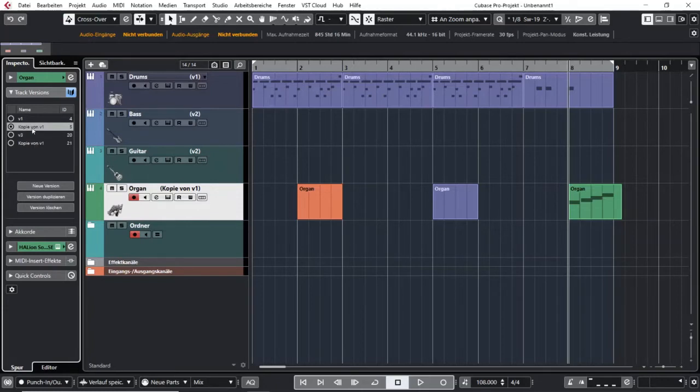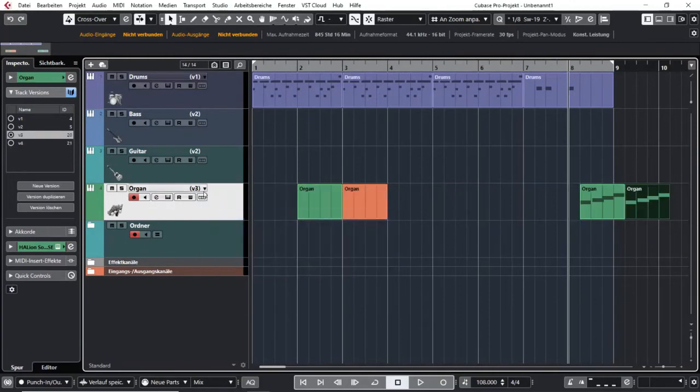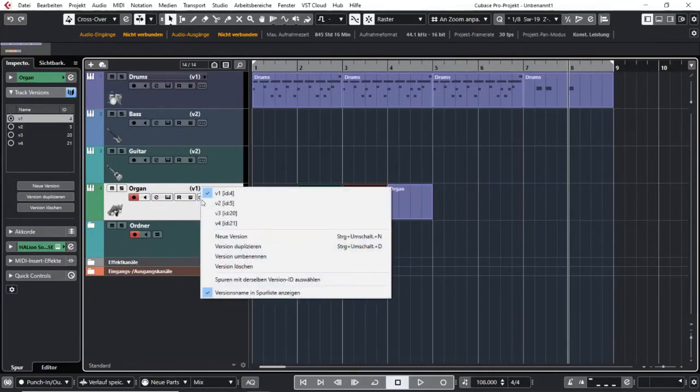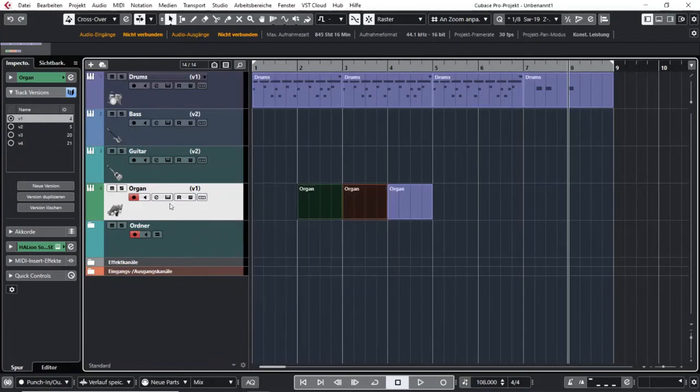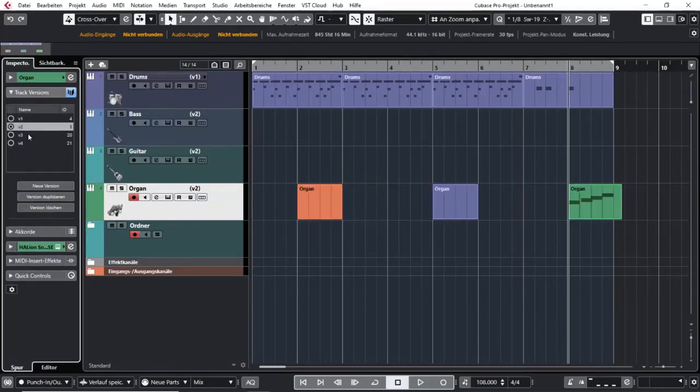So what you want to do maybe is change the names so that you know what you're working on right now. So now I'm here in version 4, and version 3 to 1 can be changed here or over here in your inspector in the track versions tab. You just click on it